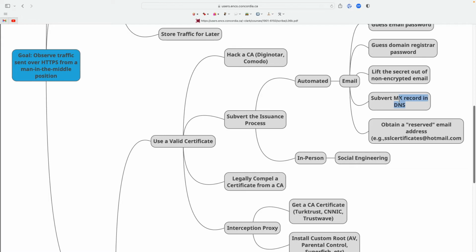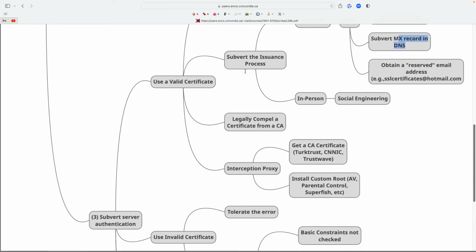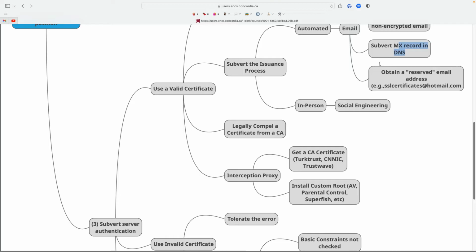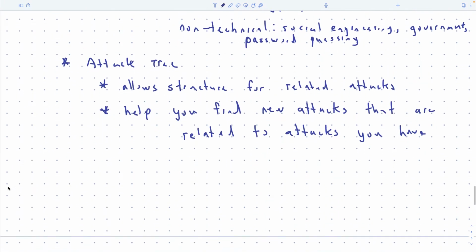And because they believe I'm Google, they give me a certificate. It's valid. And then I go out as a man in the middle, and I get all the tunnels pointed at me, and then I can decrypt all the traffic. Okay? So anyway, the point is that you get a story as you go from the root of the tree to a leaf of the tree. And every path has a different story.